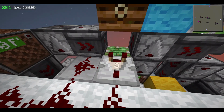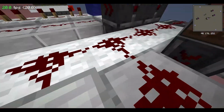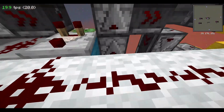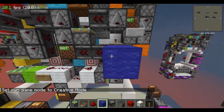Kind of. Actually no, it's not, because this makes a comparator clock, I think. I'm not really sure how this works, but this one ticks at the right time. And then you also have down here where you needed a fence there, but so